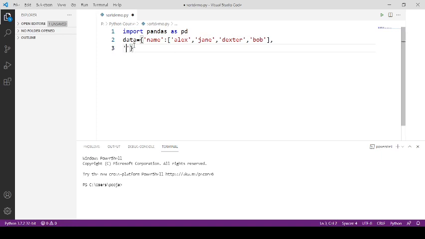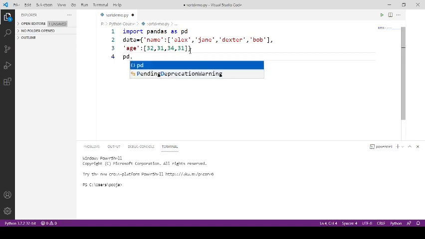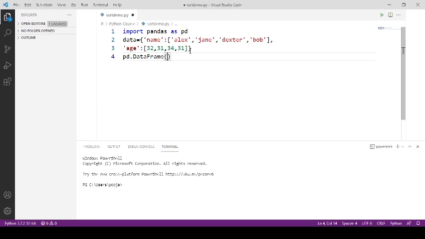Now just create another key, and then we need to specify values for this key. So in this dictionary we have two keys and then values. So the dictionary has been created. Now let's create the data frame. To create a data frame we use a function named DataFrame, and we pass a parameter, and that parameter is the dictionary from which we want to create the data frame. So it will create the data frame. I am storing it in df.